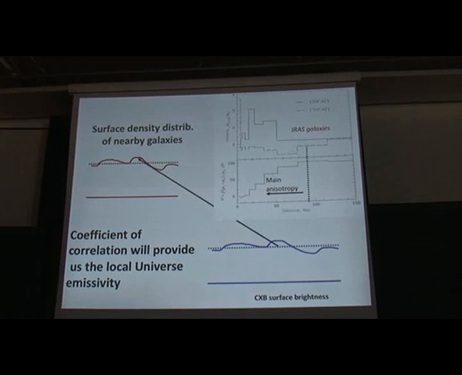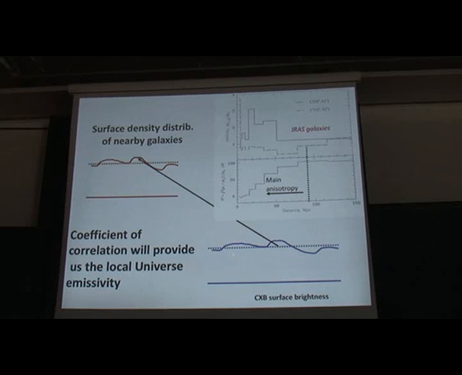Another, I would say, unique thing that can be extracted from the anisotropy on the sky, and you cannot extract the same information from anything else, is anisotropy in the total CXB surface brightness. What I mean by this: if you look at the sky, for example, CXB surface brightness, CXB is very uniform. It's within a couple of percent or 3%. It means that if you look at different directions, the intensity of the CXB is almost the same. But it's not absolutely the same.